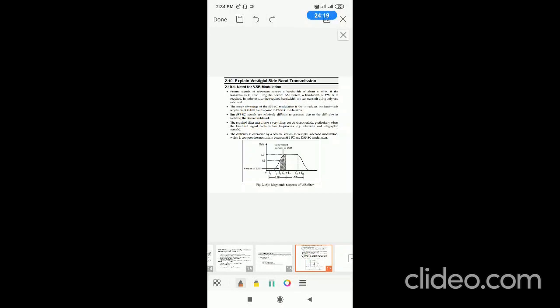When you apply SSB, one of the sidebands should be exactly suppressed. That means for suppressing a sideband, for removing sideband and carrier, you require a filter. The designing of the filter is very important, because when you remove one sideband by using a practical filter, the problem is the filter not only removes the undesired sideband, but also some portion of the desired band also. I will show one diagram.